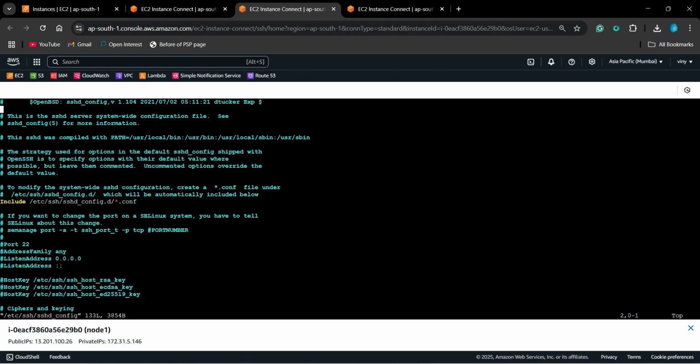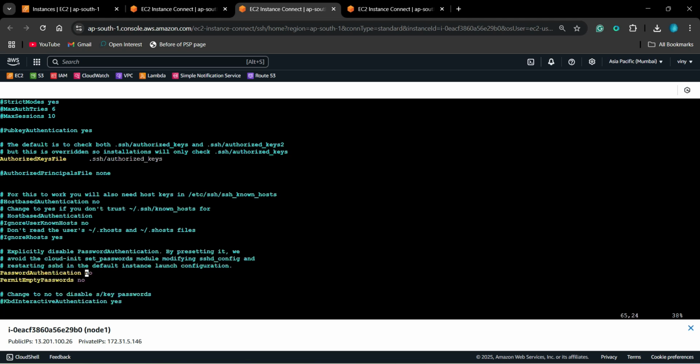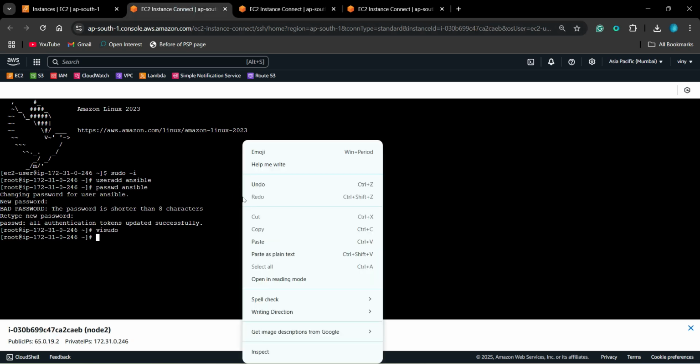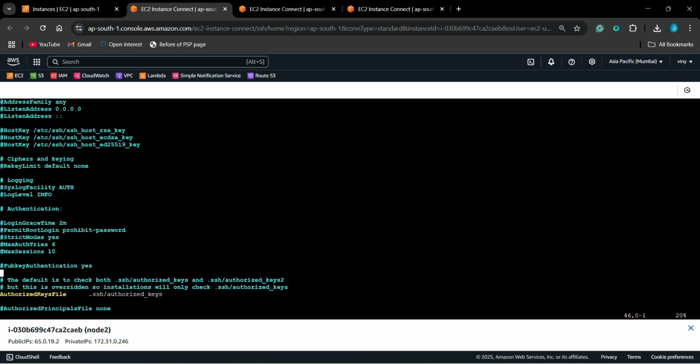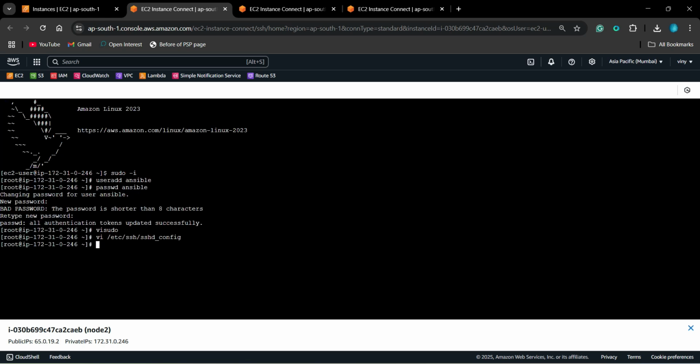Paste it, come here, go down. So now we have to restart that service because we made changes to that file.